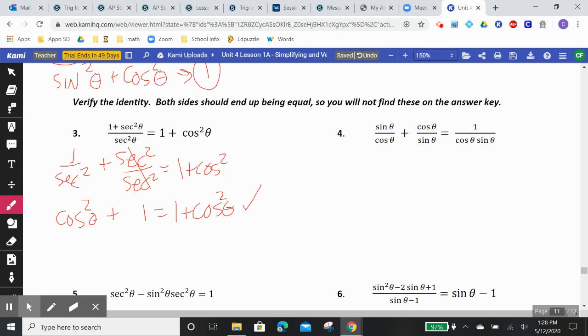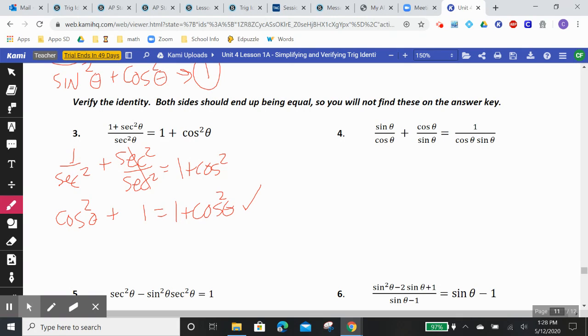Simple enough. All right. So for number 4, I got my addition on the left, I got my division on the right. Now this time, everything's in sine and cosine, don't think anything's squared. This time, in my opinion, it's going to be easier to work on the left-hand side with the addition. I got a little bit more going on in the addition than I do with the division. So